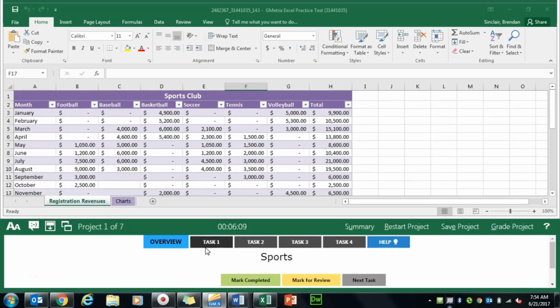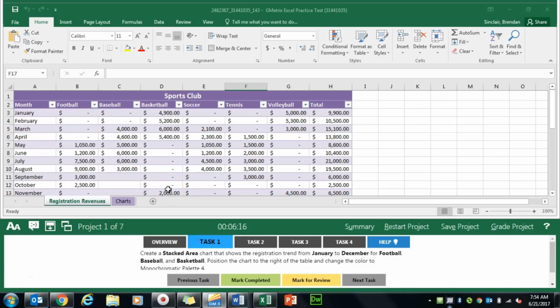on Excel GMetrix Multi-Project 3. We're currently on the first project called Sports. Task 1 asks us to go ahead and create a stacked area chart from the January through December data for football, baseball, and basketball. So we'll go ahead and select our headers up at the top, and we'll drag